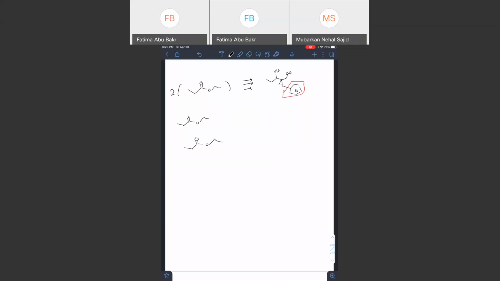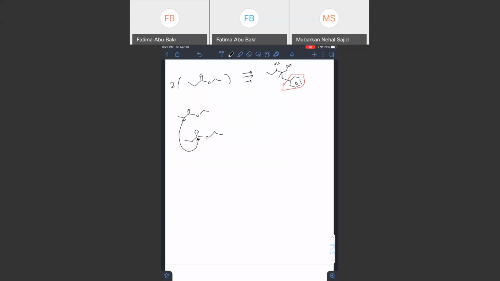And the way that the reaction works, just as a reminder, is that one of the alpha hydrogens, which is a negative charge, attacks the carbonyl of another one. And so what does this give us? This gives us, and then from this side, we're going to have,